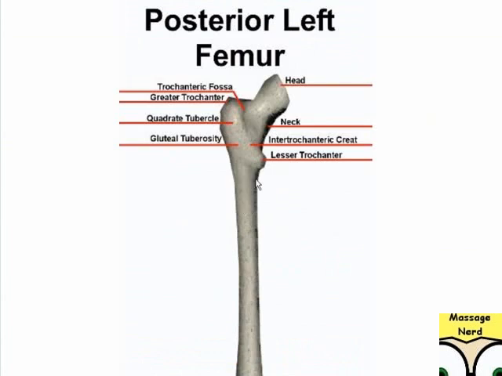Posterior left femur, bony landmarks. Head of the femur, neck, intertrochanteric crest, lesser trochanter, trochanteric fossa, greater trochanter, quadrate tubercle, gluteal tuberosity,